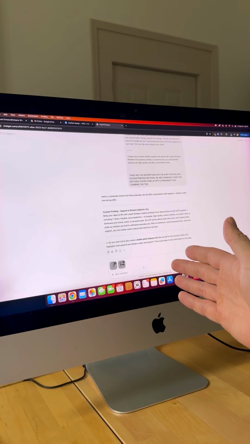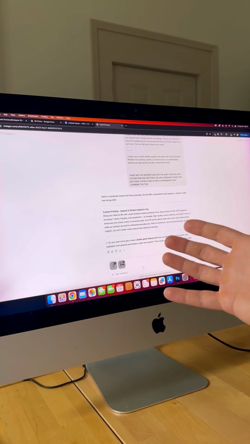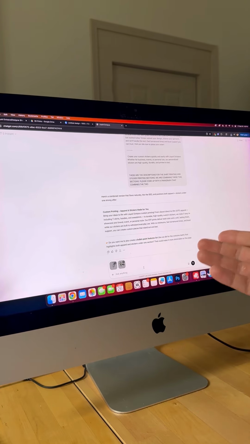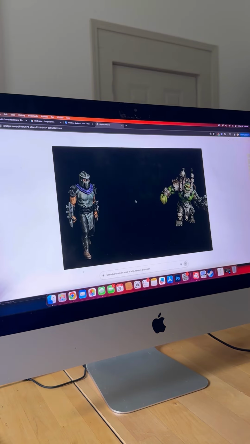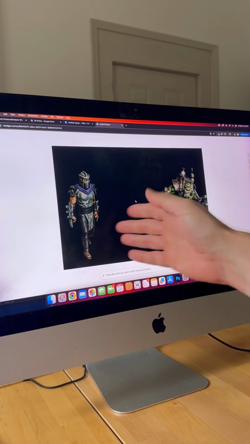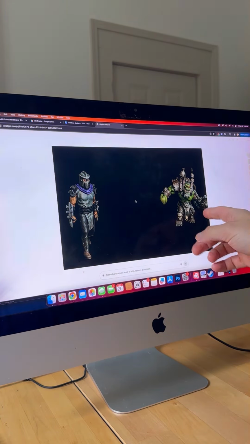The next thing I'm doing is bringing these into ChatGPT and asking ChatGPT to create an atmosphere for these two products. This is what it gave me. I don't really like this because it's not what I asked for, so I'm going to try it again. This is the second attempt by ChatGPT, and I don't really like this one either because the products don't really look like what they looked like in the initial images, so I'm going to actually go ahead and do this